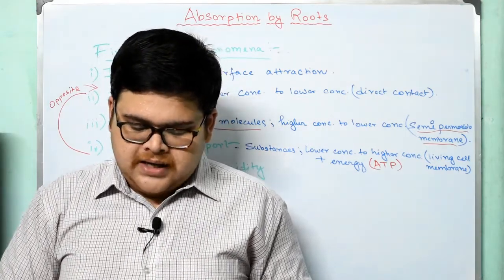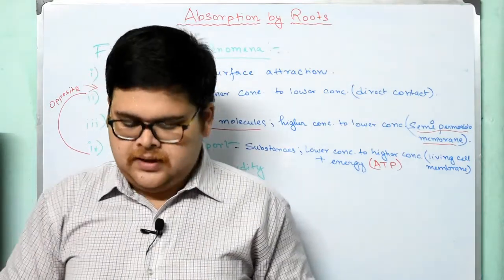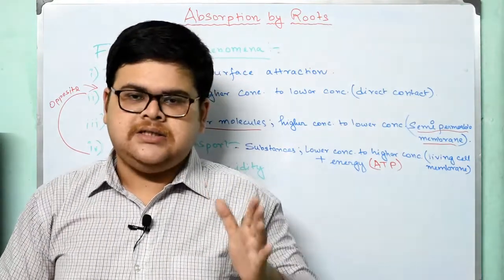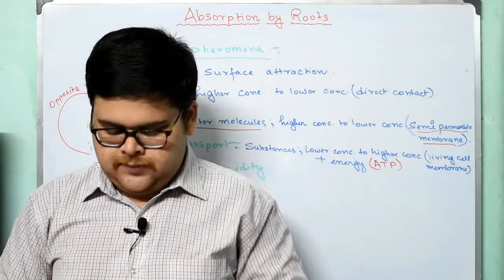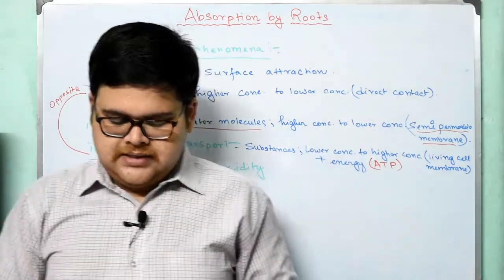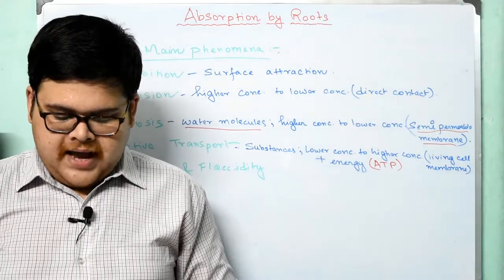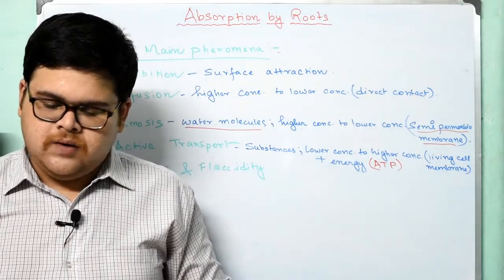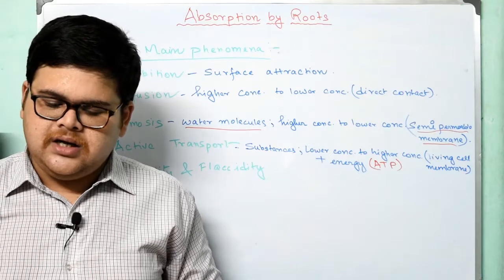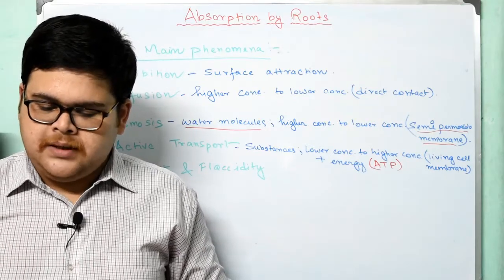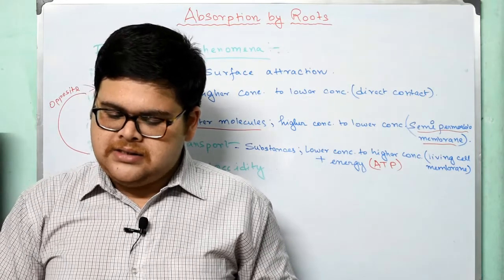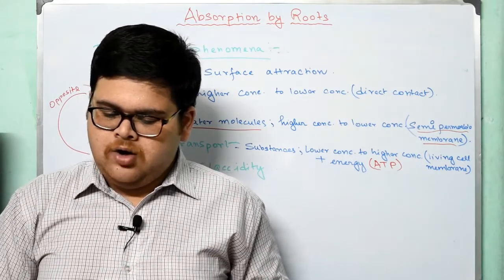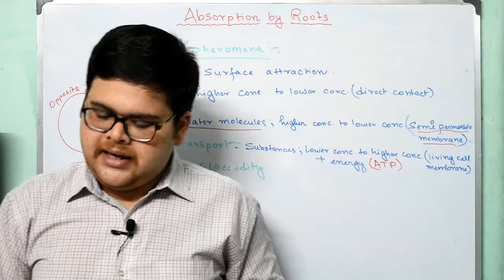Okay, now what is plasmolysis and flaccidity? See, this is turgidity, what I have already told. Now what is plasmolysis and flaccidity? See, when a living cell such as the cell of a leaf of an aquatic plant is placed in fresh water, it remains in a fully turgid condition. Its plasma membrane remains in close contact with the cell wall and presses against it, just like the rubber bladder of a football pushing against the leather casing.